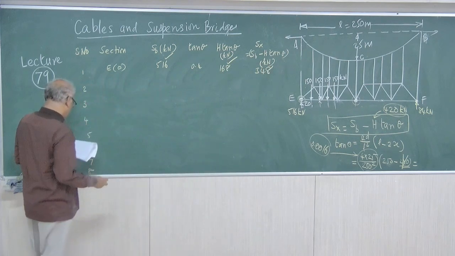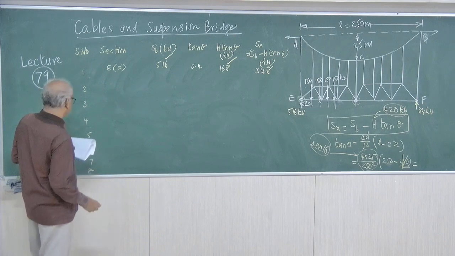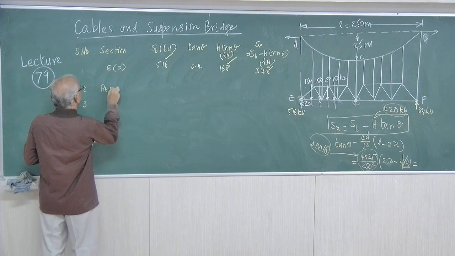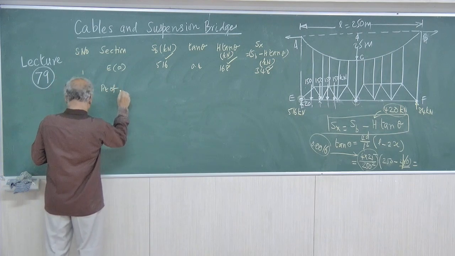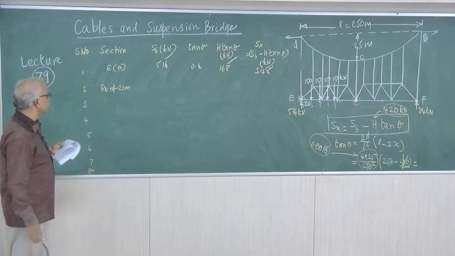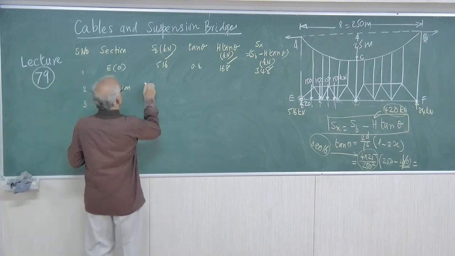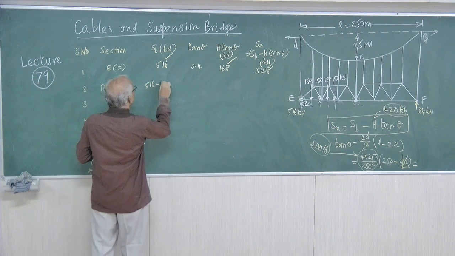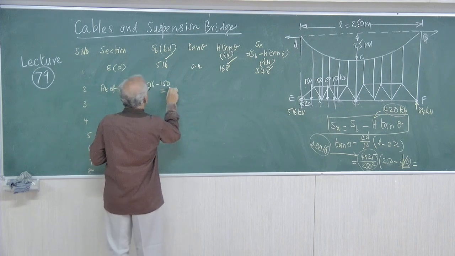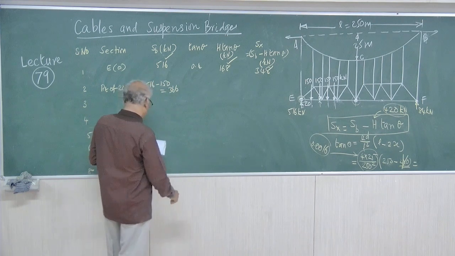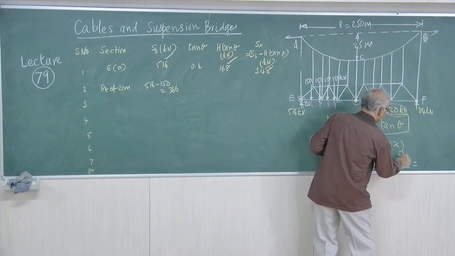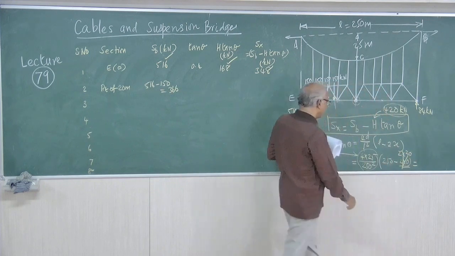Right. Second, at 20 meters, we just take the right of the second, right of the first load, right of 20 meters. That is 516 minus 150, just the right of this value, equal to 516 minus 150 equal to 366. And here in the place it is 2 into 20. That means